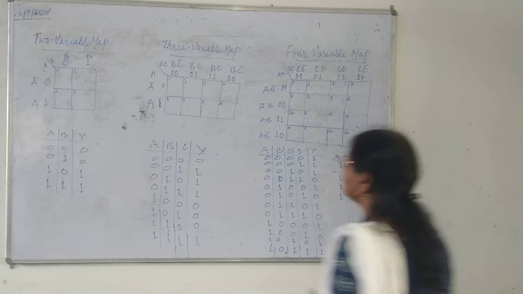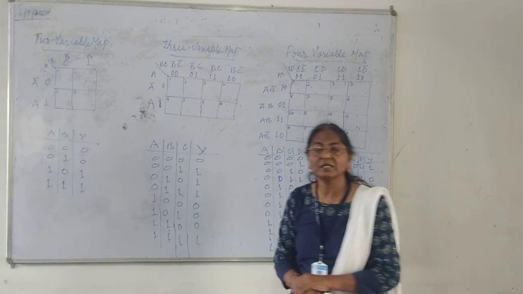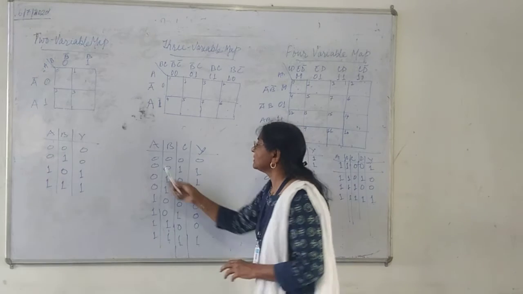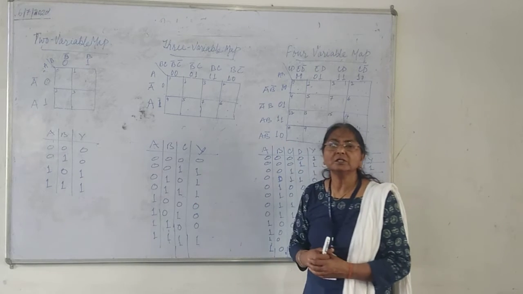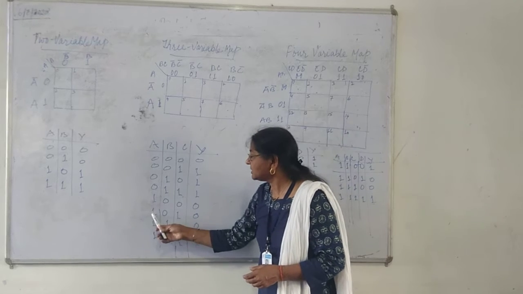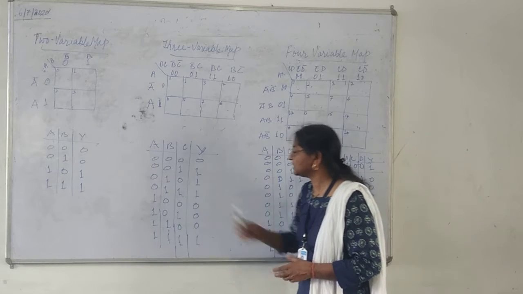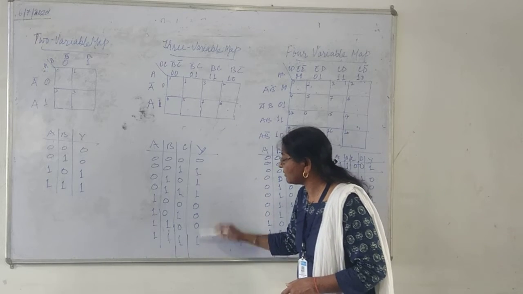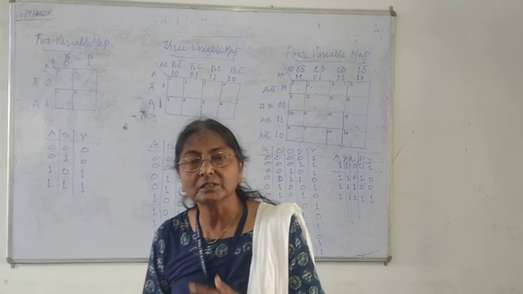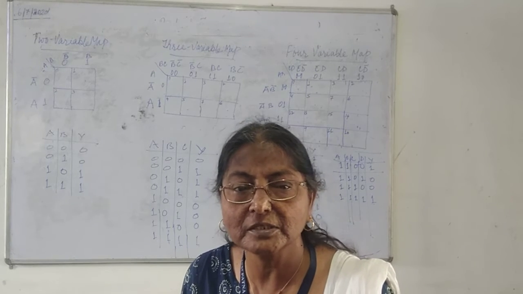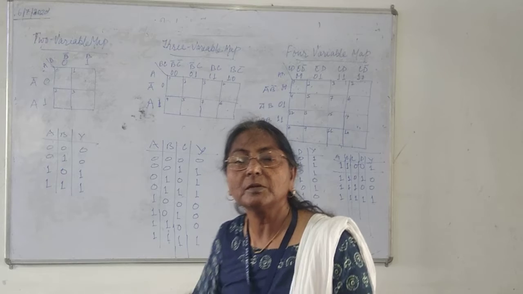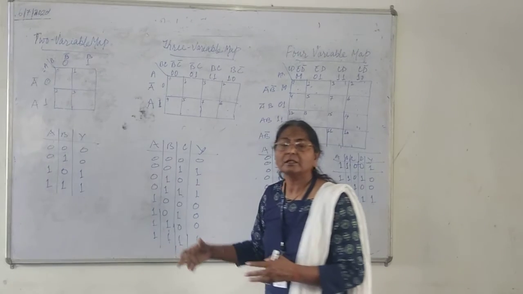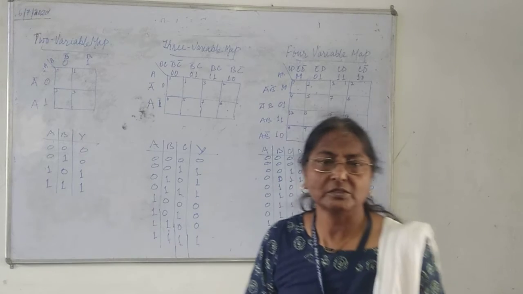In the same way, here I have assumed a 3 variable table. When ABC is 0, 0, 0, the output should be 0. But when ABC is 0, 0, 1 and 0, 1, 0, the output should be 0. Here the output I have assumed is 0, 1, 1, 1, 0, 0, 0, 1. This output is not of a particular gate or any particular circuit. I have to design a circuit which will produce this kind of output. I have just taken a truth table of my choice as an example.